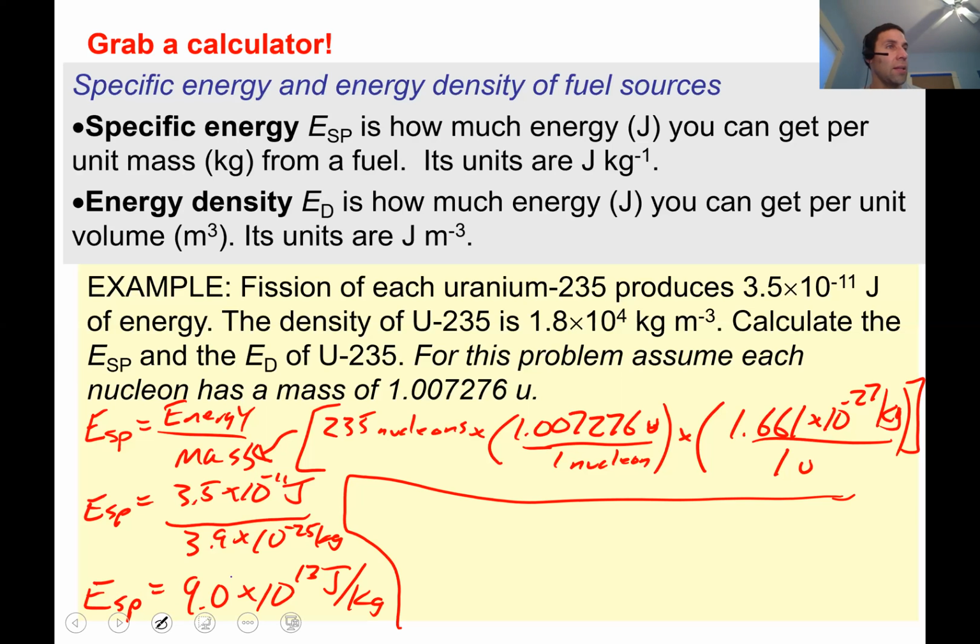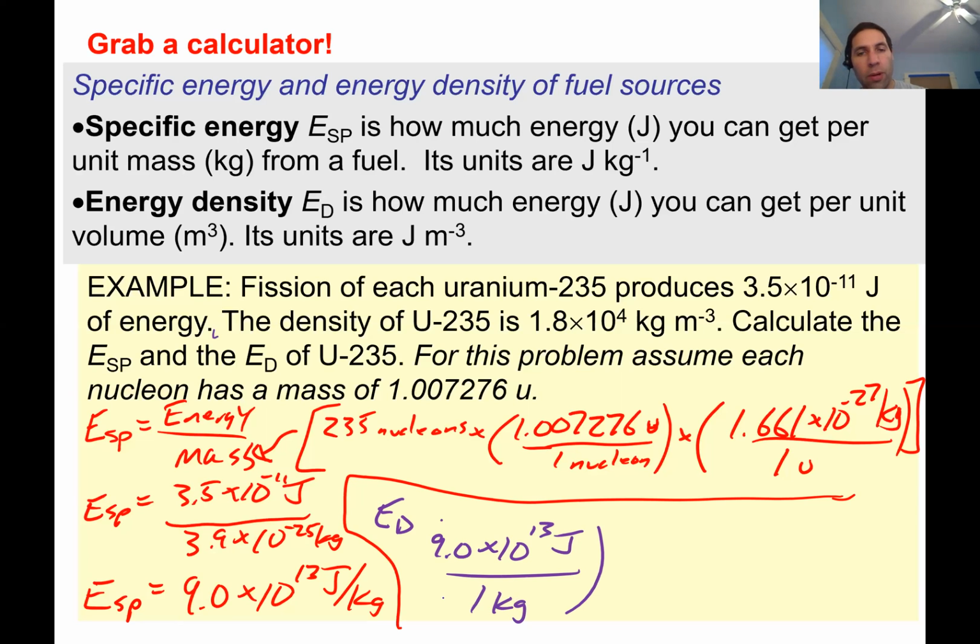Okay, now let's calculate energy density. So with energy density, now that we have the specific energy, we can calculate energy density pretty simply. Because notice energy density is 9.0 times 10 to the 13th joules per 1 kilogram. And then notice the problem gives me the density, right? So I want meters cubed on the bottom. I don't want kilograms on the bottom. So notice if I just multiply the specific energy by the density of